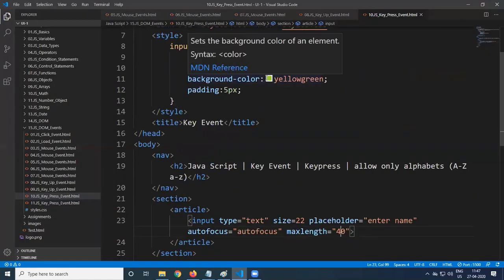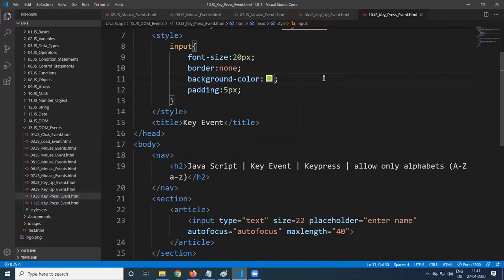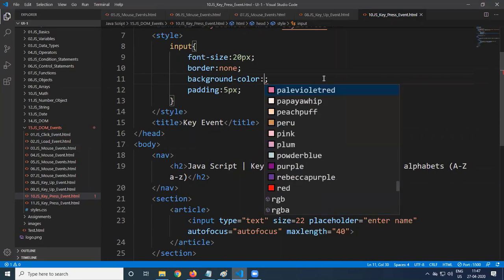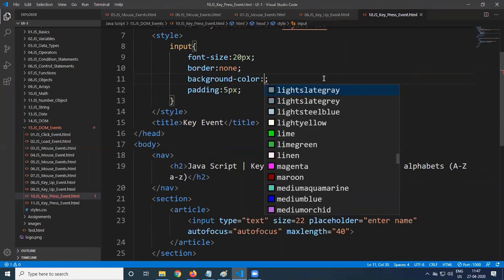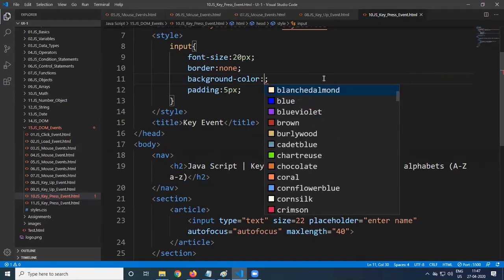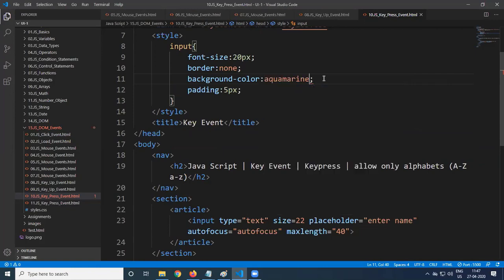So how can we take care of that? In order to take care of that, we'll just change the color. Some other color we are just applying, not the same color everywhere. Aquamarine. We are just applying aquamarine.